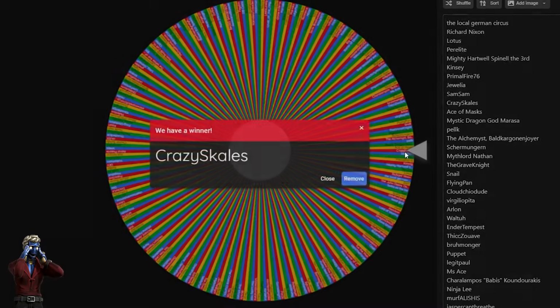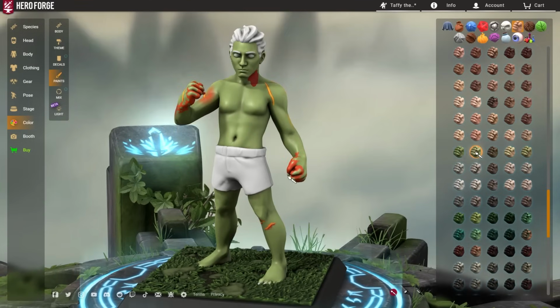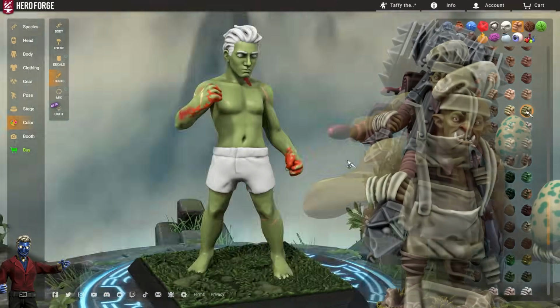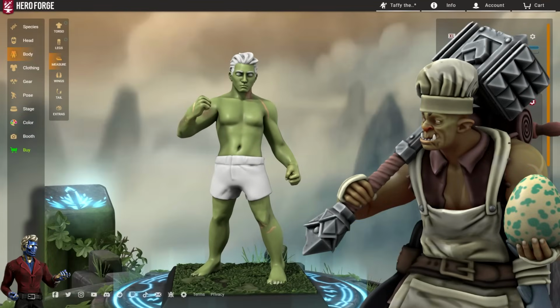Oh, I can't even see the text, it's too small this time, man. Oh, it's Crazy Scales, congratulations. Now, this first model is an orc chef called Taffy. The skin must stay green, the nose must stay red, but otherwise I have a fair bit of creative freedom